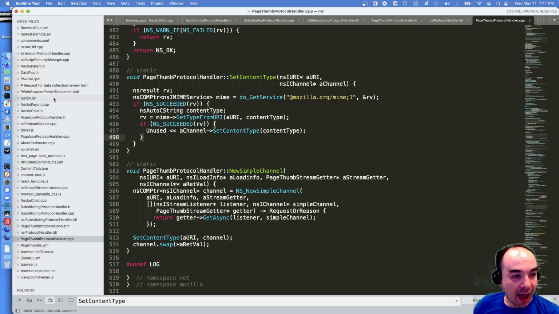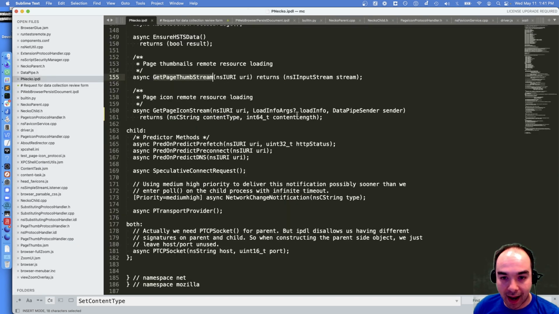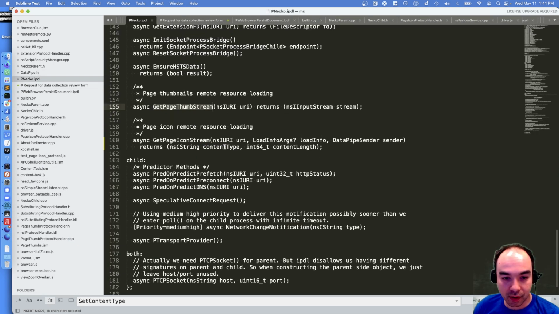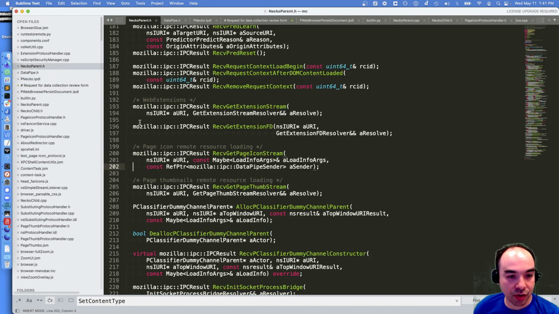Okay, so I have modified the protocol so that it is getting back the content type and the content length. We need to change how this works now, because the receive get, yeah, we need to add another thing on the end here.